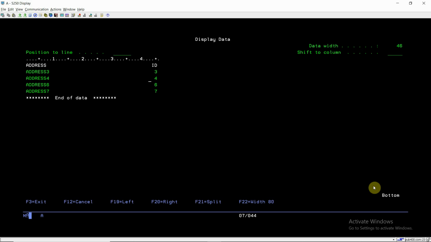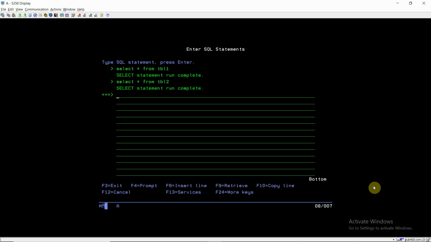Now we can again see that here we have ID 3 and 4 which is matching in table 1, because in table 1 we have IDs 1 2 3 4 5. So 3 and 4 are common in both the tables, and 6 and 7 ID is here which is not present in table 1, but 1 2 and 5 are the IDs which are present in table 1, not in table 2. Now just apply the join.